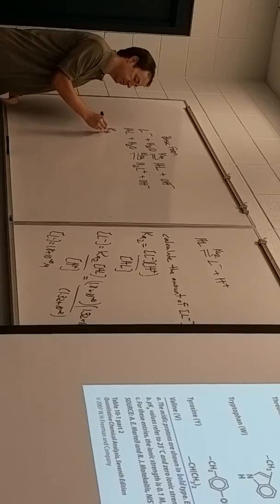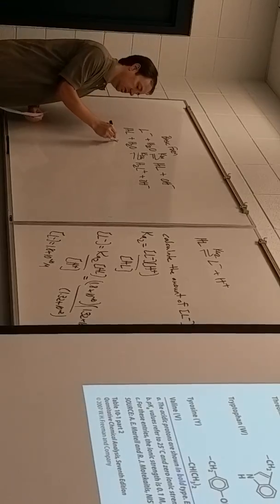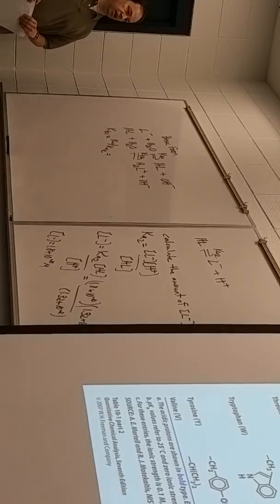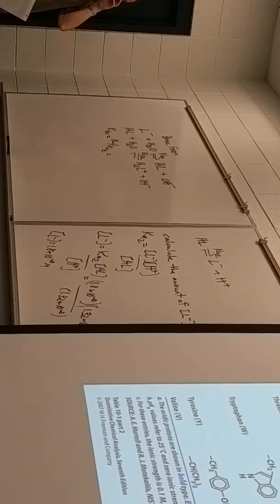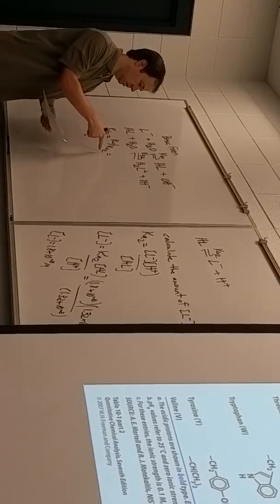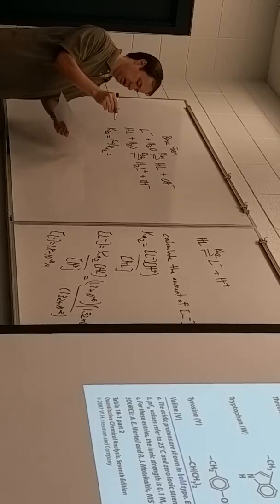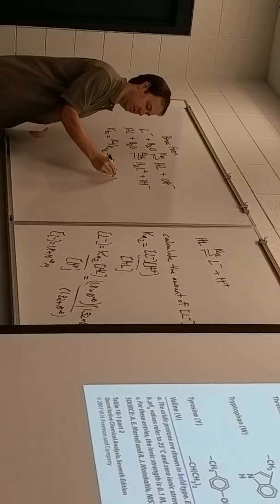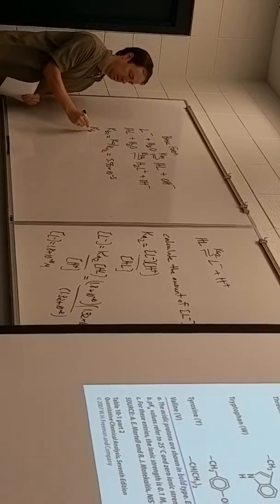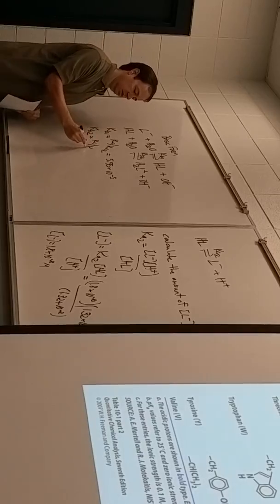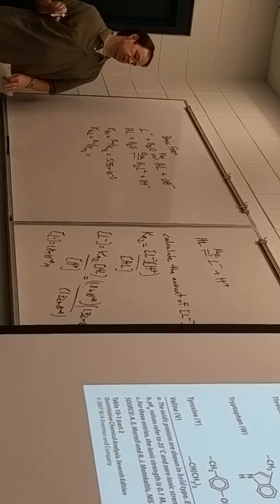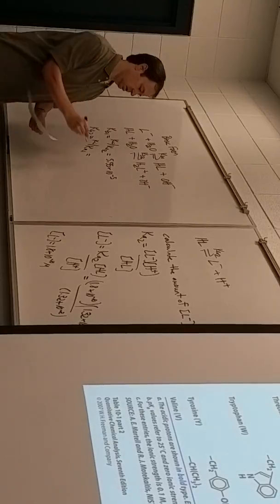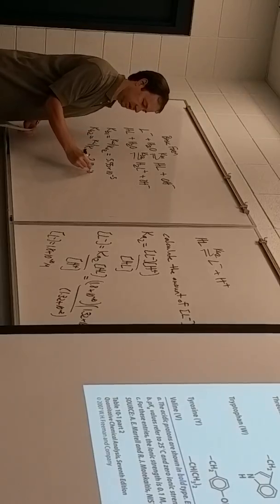And then KB1 would equal KW over KA2. Remember how we said a few seconds ago that you have to make sure that you're relating the right species to themselves. So that was 1.0 times 10 to the minus 14 over 1.8 times 10 to the minus 10th. That comes out to 5.55 times 10 to the minus 5th. Plus KB2 will go KW over KA1. So 1 times 10 to the minus 14 over 4.7 times 10 to the minus 3rd equals 2.13 times 10 to the minus 12th.